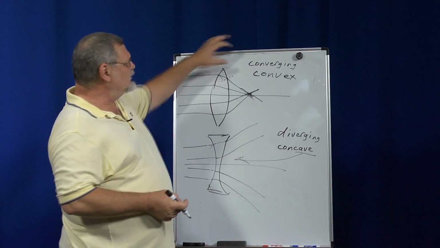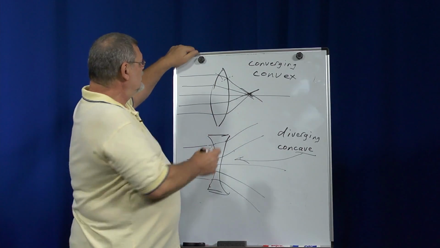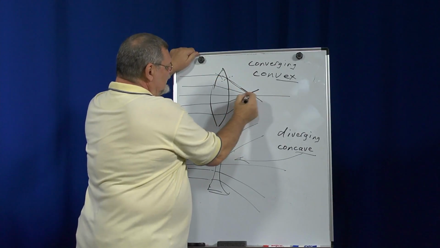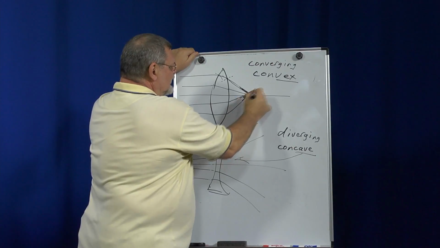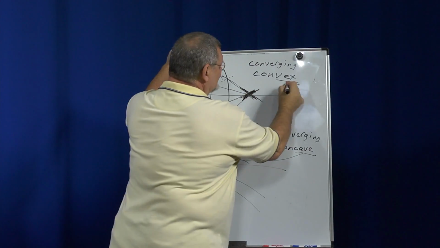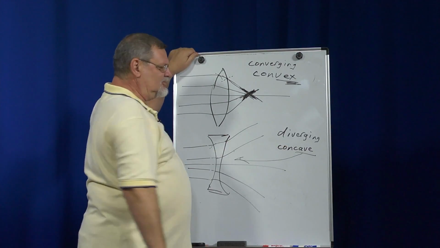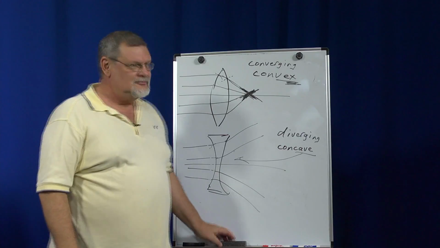How do you remember which one is the converging lens or the diverging lens? Well, you can see that in a convex lens, the lines come together and form an X here. They're converging and forming an X. And there's an X in convex. The concave lens is the other one. It must be the diverging lens. That's how you can remember it. As simple as that.